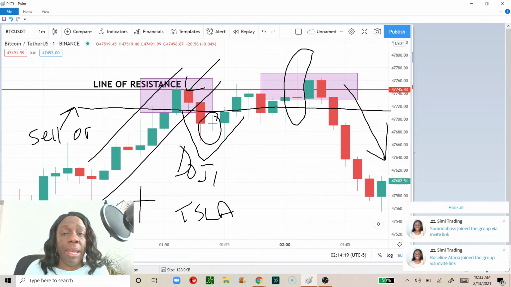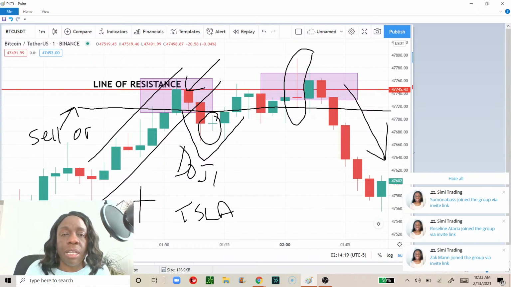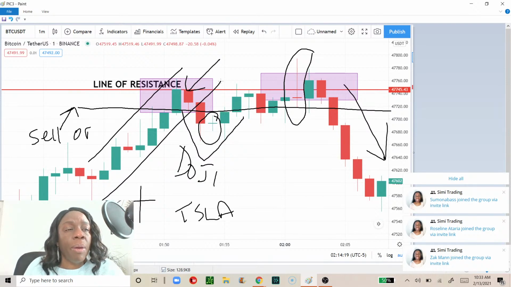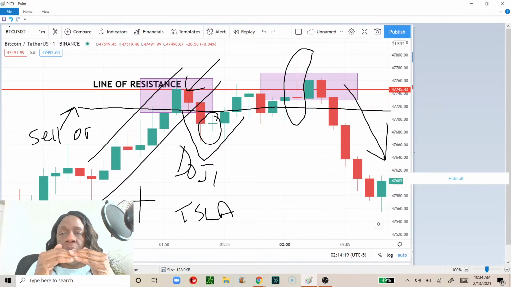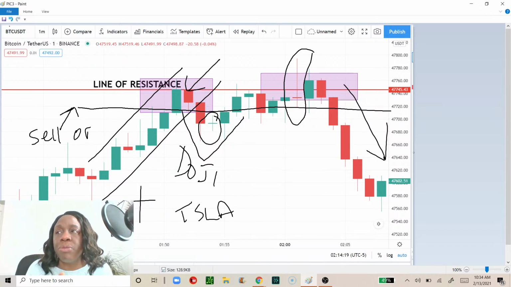And the third way would be to study the charts yourself. Study the charts yourself. When you see things going on around, when you see a lot of price action around resistance, you see a lot of price action being rejected at resistance, then it's saying maybe it's time to get out of your trade.